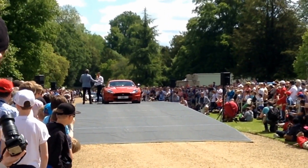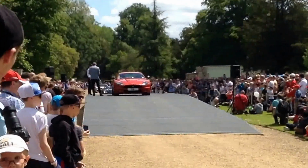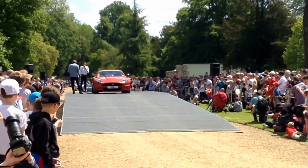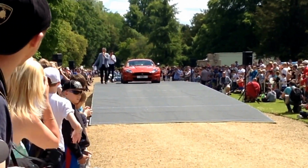Oh, that did sound good from back here. 108 decibels. That's a very unique sound, a very different sound to a lot of the other engines. Stephen, thank you very much indeed. Let's get a beautifully coloured